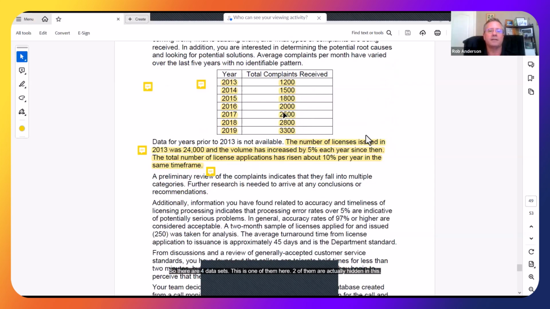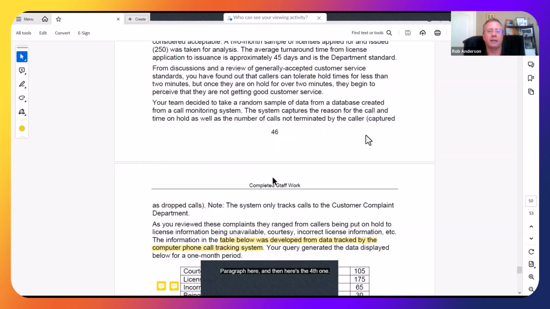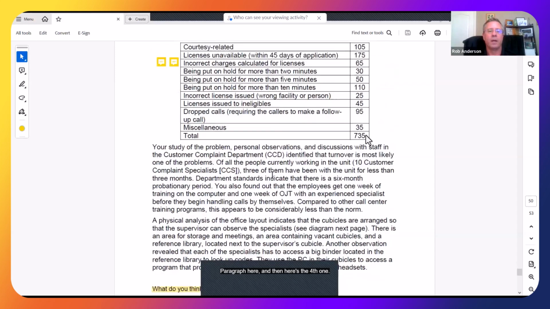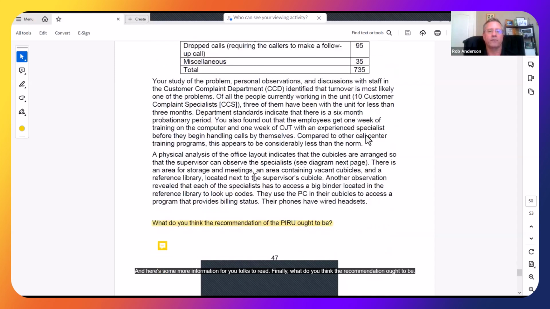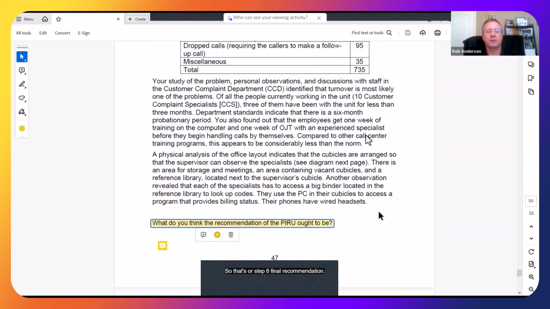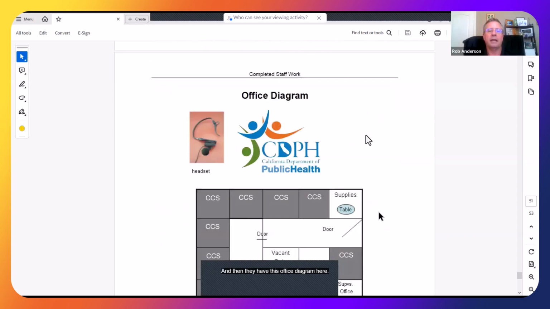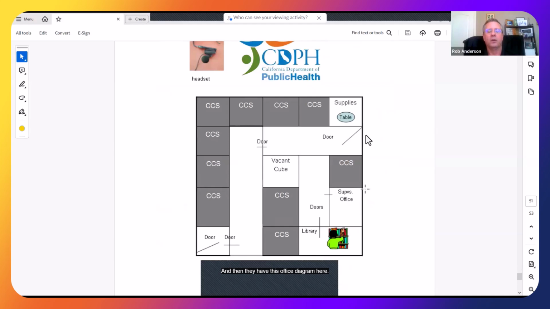So there are 4 data sets. This is one of them here. 2 of them are actually hidden in this paragraph here, and then here's the 4th one. And here's some more information for you folks to read. Finally, what do you think the recommendation of the PIRU ought to be? So that's, of course, step 6, final recommendation. And then they have this office diagram here, which will help you see the layout of what the potential problems for these complaints